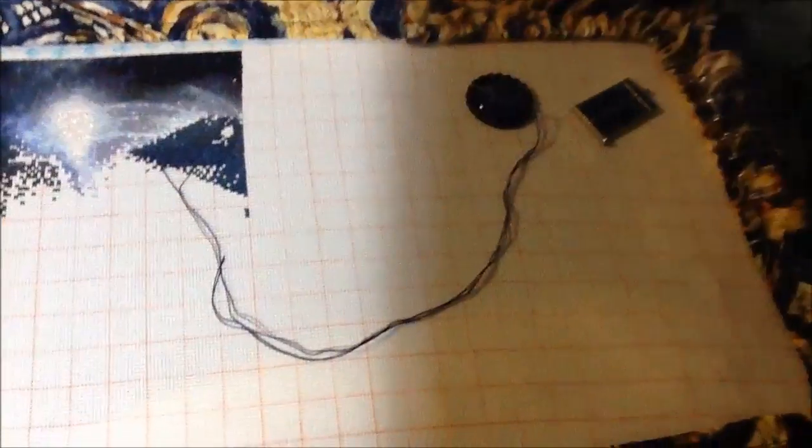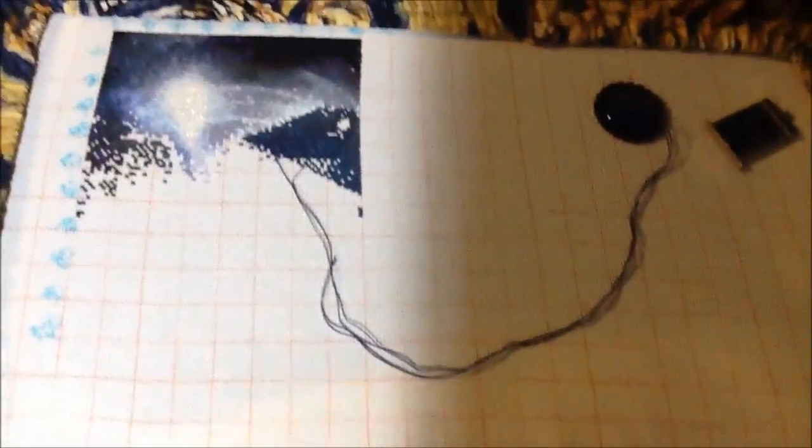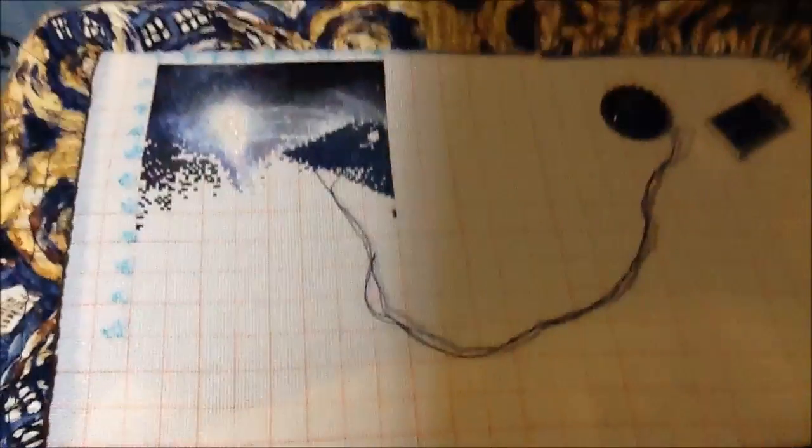But this is on 32 count verdigris from Hand Dyed Fabrics by Stephanie. It is a dream to stitch on. I really, really love the fabric. So there is that. And then for Stitch Mania, and there my iPad just did that weirdness again, I pulled